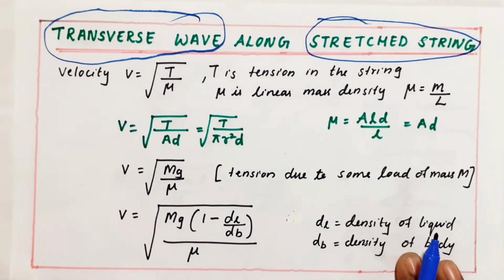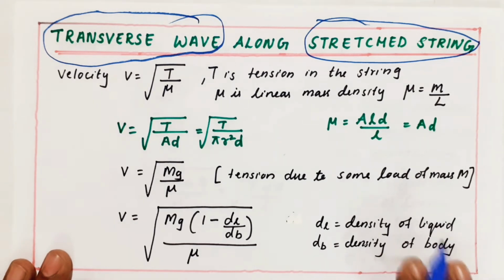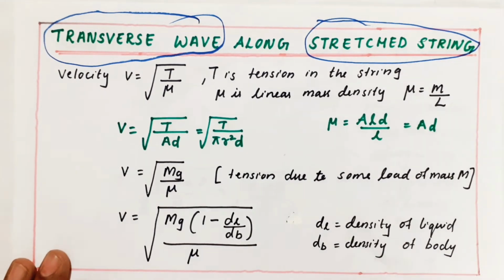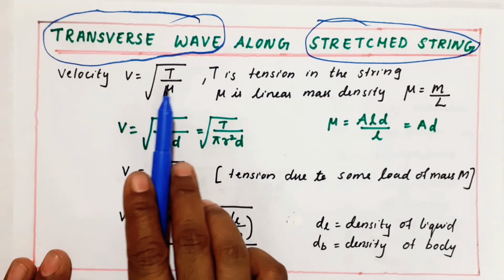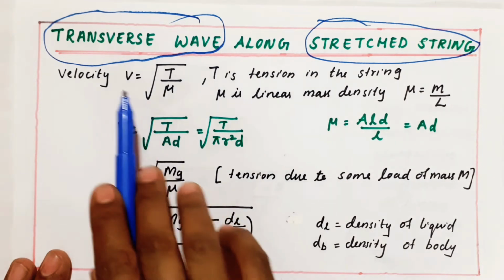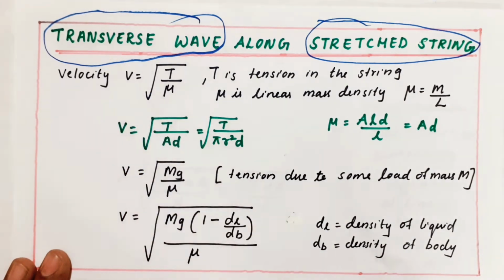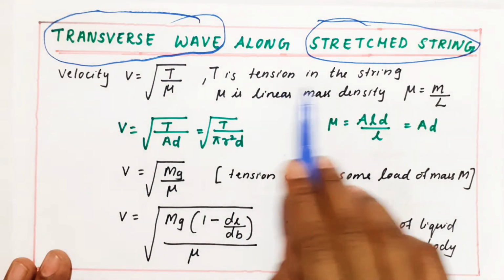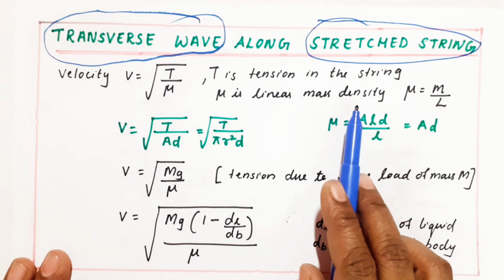Normally many questions will ask about the velocity or the speed of the transverse wave. So I am going to give a few cases of speed of transverse wave. Speed of transverse wave v is equal to root over T by mu. Very simple equation. The velocity or the speed of the transverse wave v equals root over T by mu. Who is T? T is the tension in the string and mu is called linear mass density, that is mass